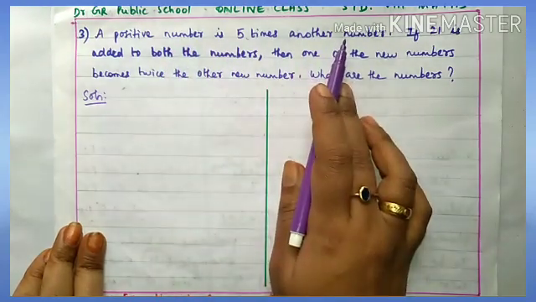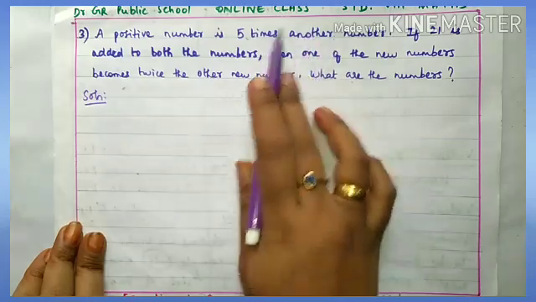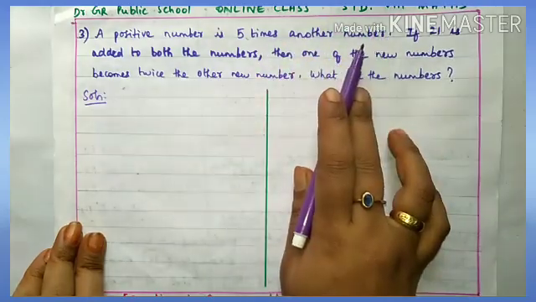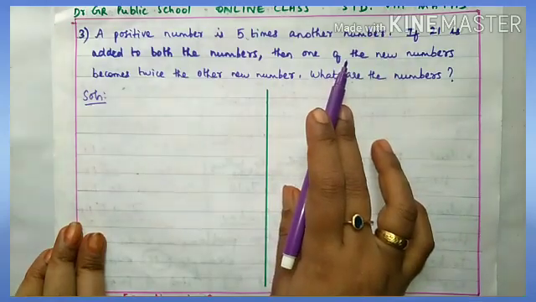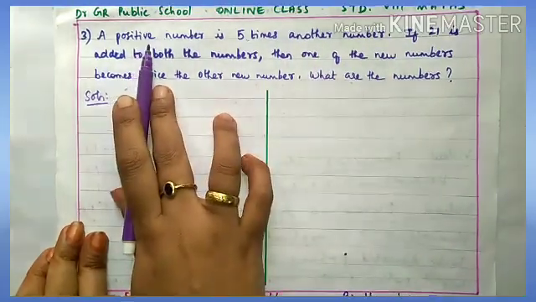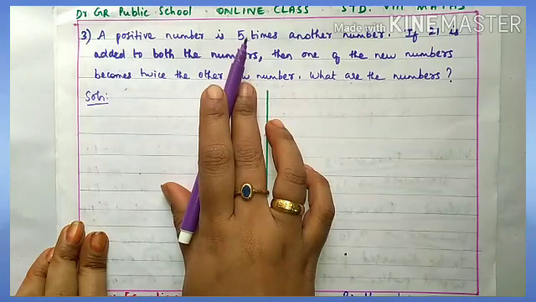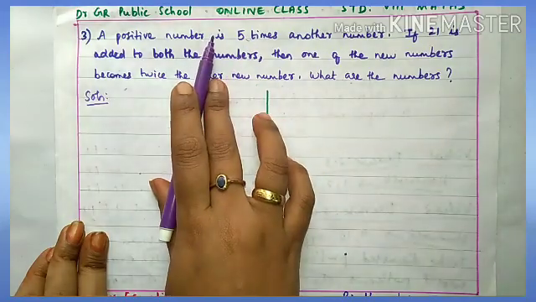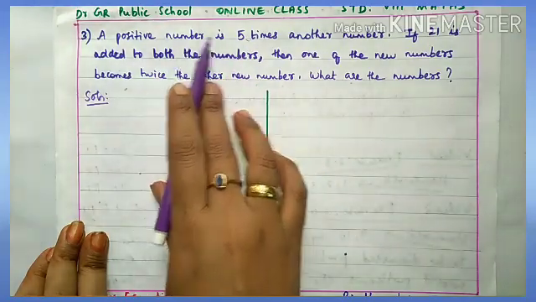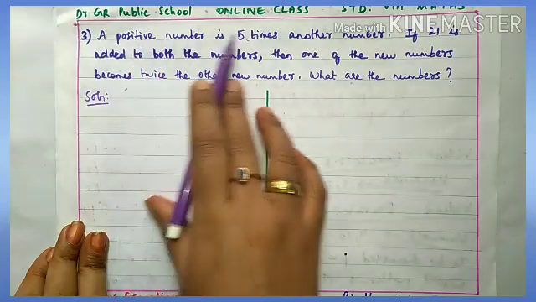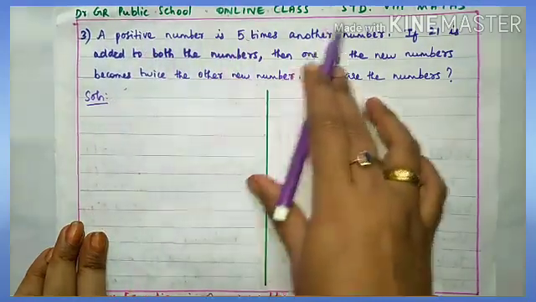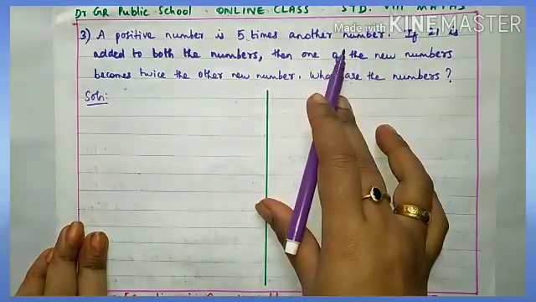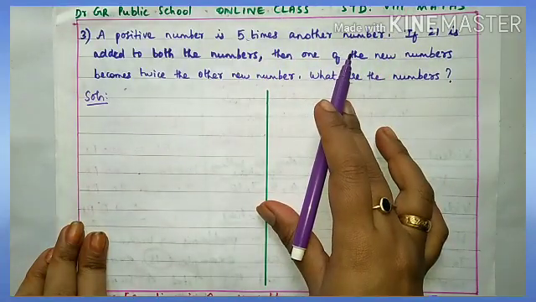So what I am going to take is this other number I am going to take as x. Okay, our unknown number, this other number I am taking as x, so what will this positive number be? 5 times, that is 5 into x. Understood? Okay, so that is the meaning. The positive number is 5 times, so this 5 times number is bigger, so this other number I am going to take as our unknown variable x.